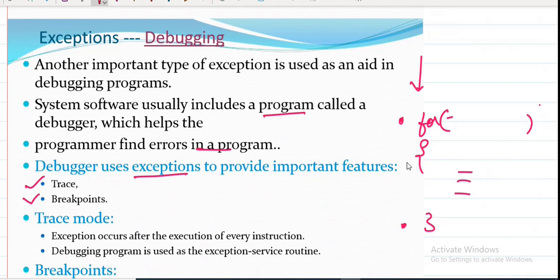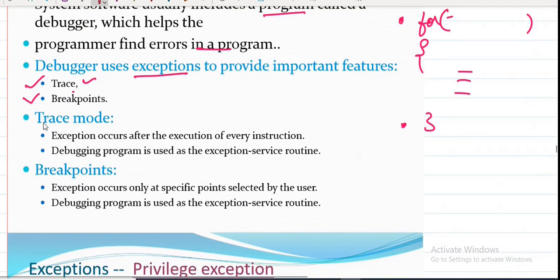Why do you need these breakpoints? For debugging your programs. At some point, if you are doing a complex project, it has so many lines, so you have to use all these things, breakpoints and trace. With trace you will come to know, by executing each statement, what value is stored in the variable. All those things you will come to know. It is there in Code::Blocks. Whenever you are free, or whenever you are doing your DS program execution, you can try those options.